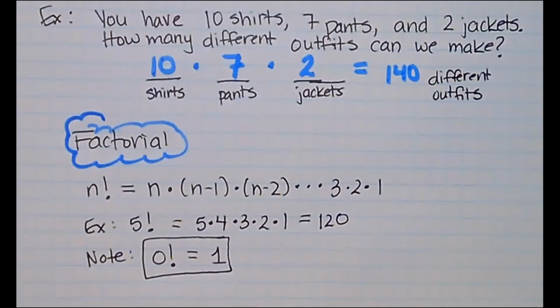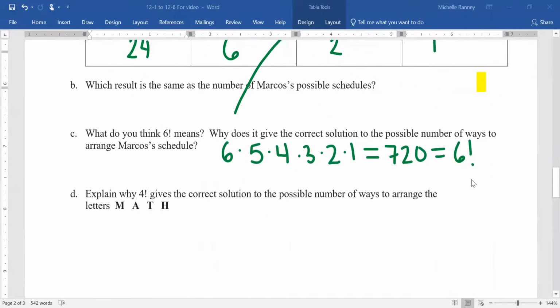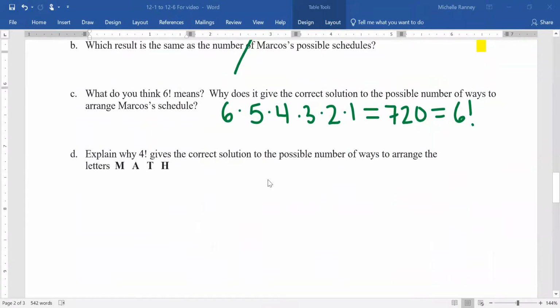Okay, so let me get back to our problems. Let's take a look here on letter D. Explain why 4 factorial gives the correct solution to the possible numbers of ways that you can arrange the letters of M-A-T-H. So again, if we're going to rearrange these letters, we have 4 letters, we have 4